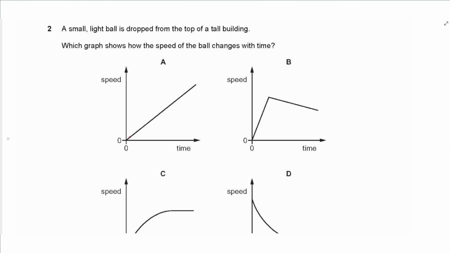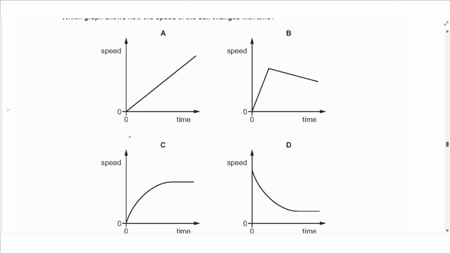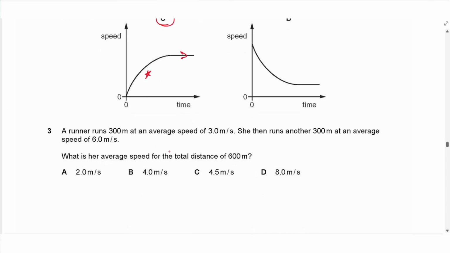Which graph shows how the speed of the ball changes with time? So if we're falling from a tall building, we will reach high speeds, which means there will be air resistance significant in the motion. So it will be the decreasing acceleration, then terminal velocity. So this part is a decreasing acceleration, and then we have a horizontal line representing terminal velocity. So we choose C. Question 3 says a runner runs 300 meters at an average speed of 3 meters per